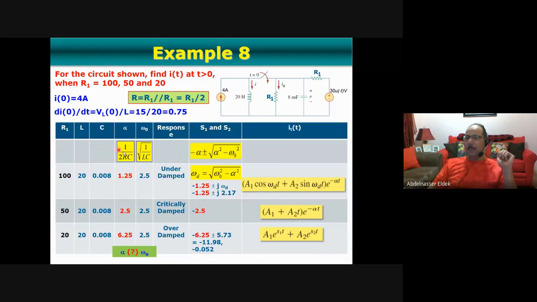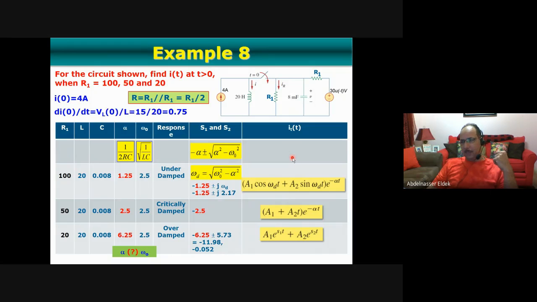So for example, if you want to calculate alpha when R1 equals 100, that is 1 over 2 times R, where R is 50 in this case, times C. If you want to calculate this one here, it will be 1 over 2 times R, which is 25, times C, and so on. And then we calculate alpha and omega 0 the same way, and decide which case is underdamped, critically damped, and overdamped. And this will be the transient solution for the current,